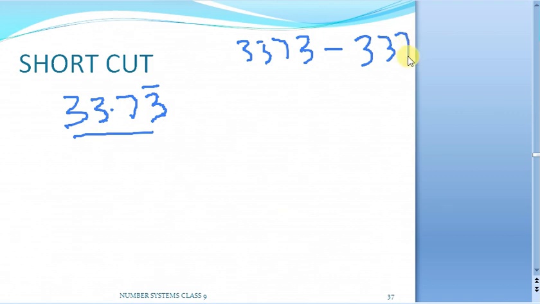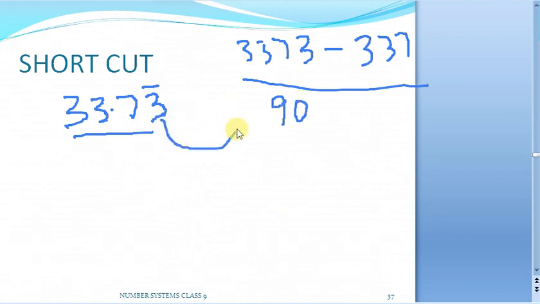That will become your numerator, divided by, now see how many digits have 9. So keep in mind, first we have to write 9s. Okay, how many digits do we have to write? So here 1 digit is there under the bar, so I will write only 1 nine, and after the decimal point, how many digits are actually not repeating? Only one digit is not repeating, so I will write 1 zero. So here the bar will give you the number of nines, and whatever is not repeating after the decimal point will give you the number of zeros. So this is going to be your answer.